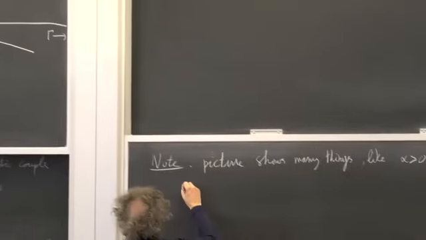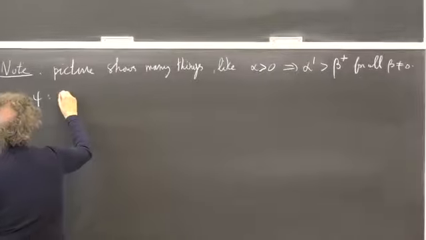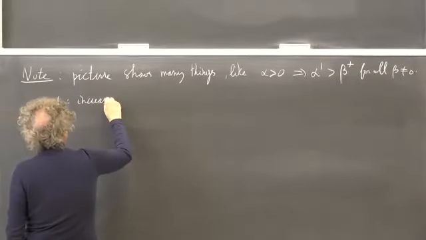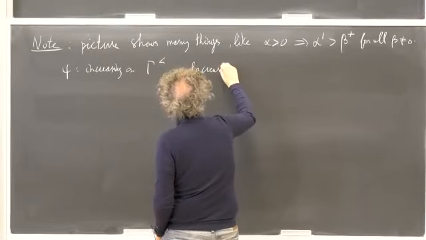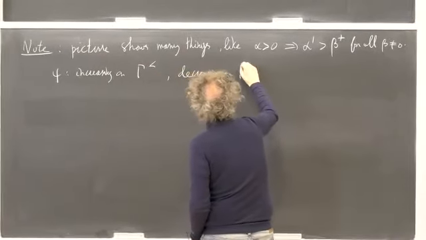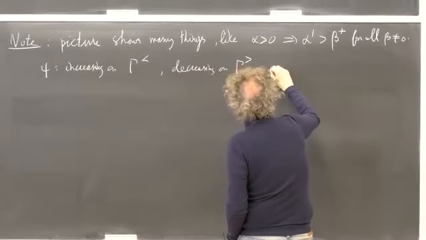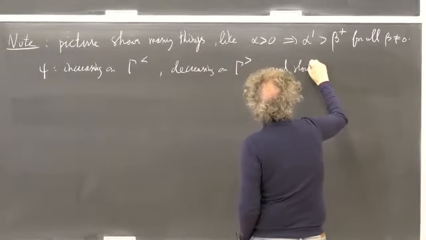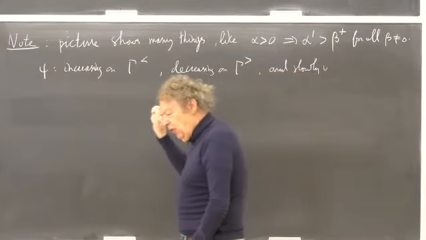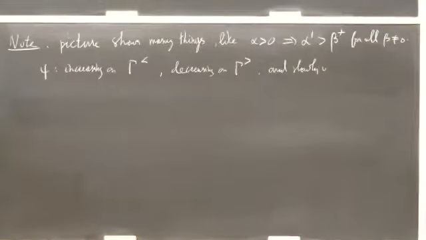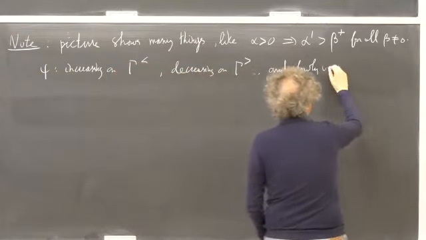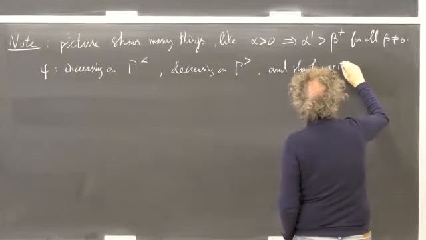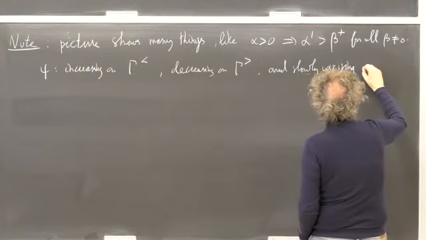So psi is increasing on the negative part, and decreasing on the positive part, and slowly varying. In fact, it's so slow that it's actually constant on Archimedean classes, but that is impossible to picture. Slowly varying, but in fact,